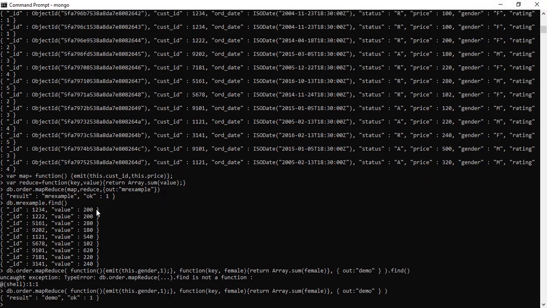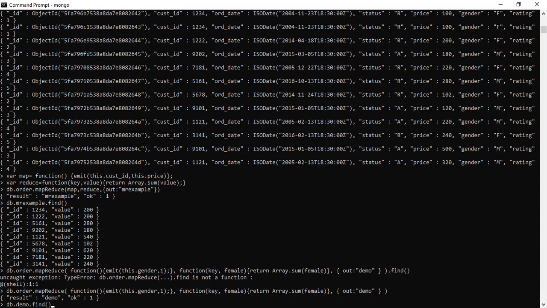Okay, so what they have done, initially they emit the value gender. Then the function returns Array.sum on female. Okay, and out demo, so the demo collection gets created. Directly I will call db.demo.find.